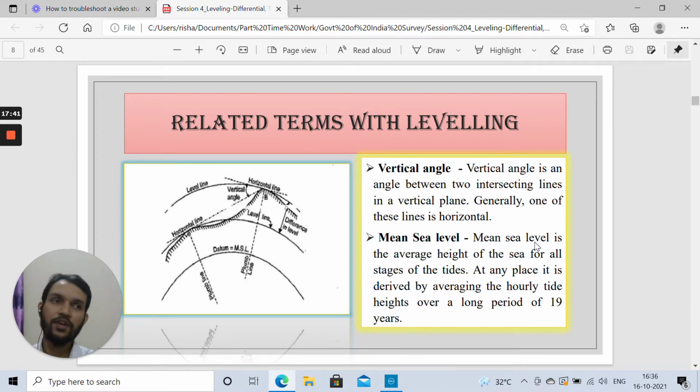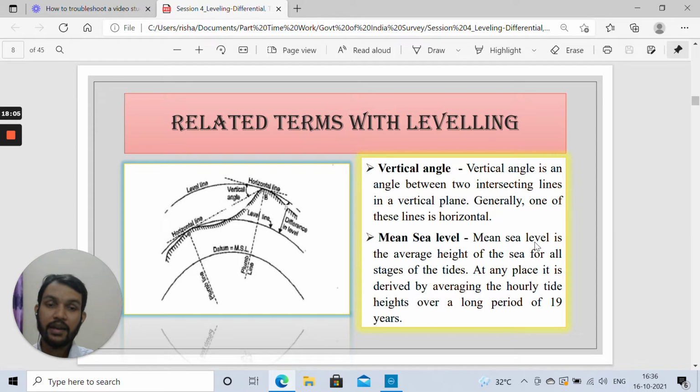Okay, and by horizontal angle we mean, suppose there is one tree and another tree on the ground surface, the angle difference which we measure between these 2 trees, or you can say there is one building and one tree, from one building to the other tree, what is the difference in angle? So these angles which we are measuring are in the horizontal plane and are reported as horizontal angle, and vertical angles are those angles that generally help us to depict the vertical difference in elevation between various stations.